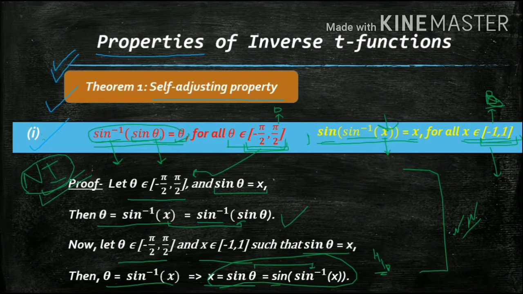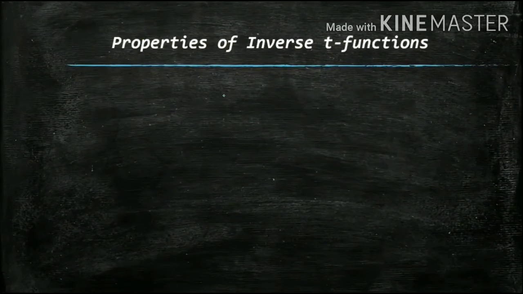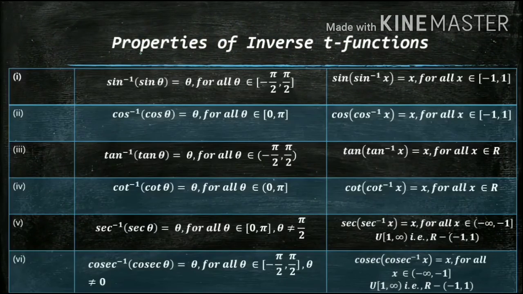But you must remember this property because this is very much needed and helpful in the questions, because these types of questions also come in the exam. So let me tell you this property for the other inverse trigonometric functions as well, which is drawn in this table basically. Remember this table. This table is also very much important, and it is not very difficult to remember if you have learned the table for the principal values. This is exactly the same.